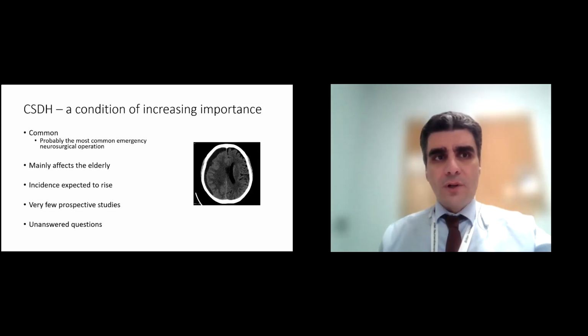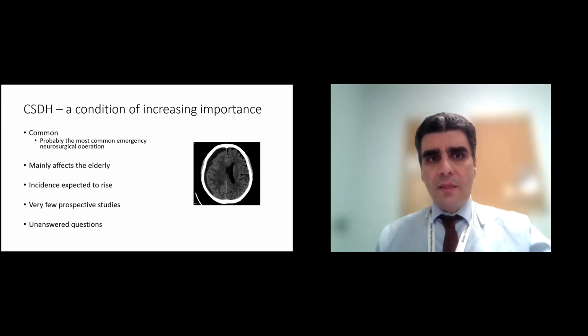So why is chronic subdural hematoma important? I think, firstly, they're very common. Probably it's the most common emergency operation that we do in the UK, and I think this also applies to other Western countries. And I think there is now some good evidence that the number of chronic subdural hematoma operations